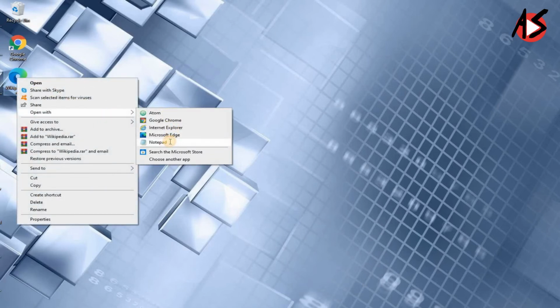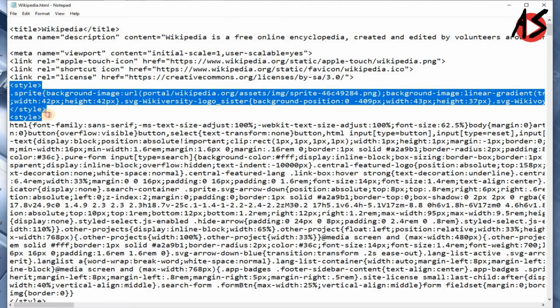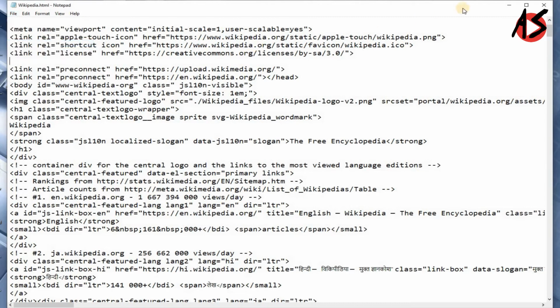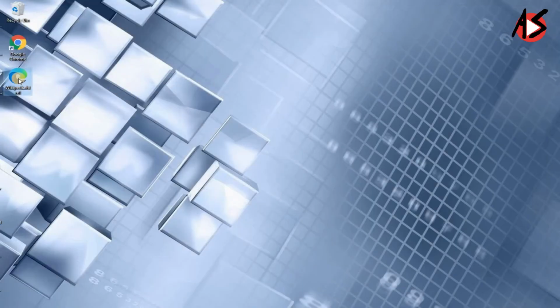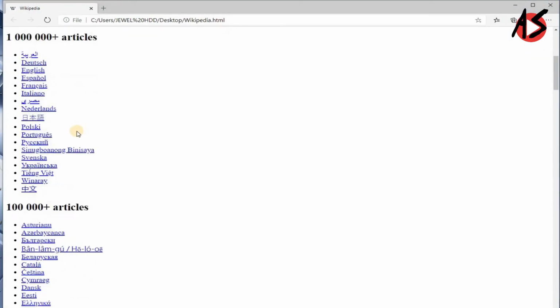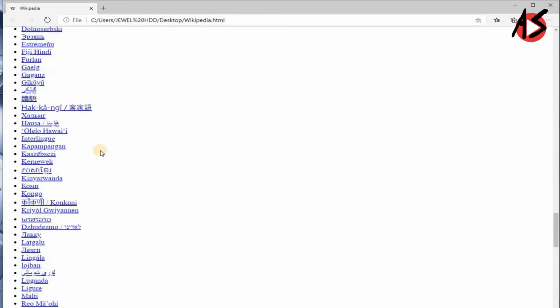Now if you delete some styles, that is the CSS, and then save the document and open it, you will see all the beauty of the page is gone and everything is left aligned.